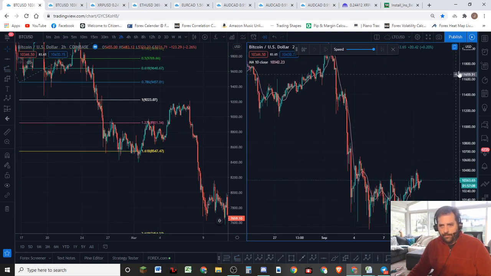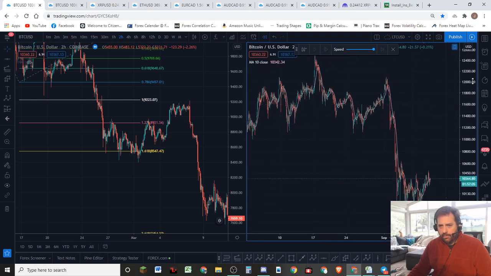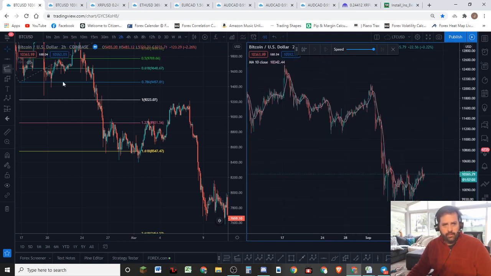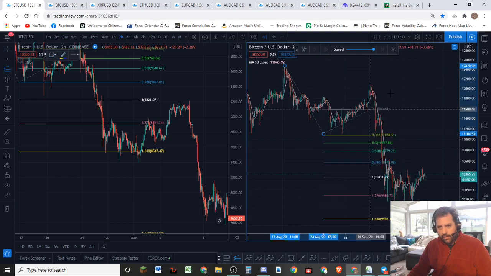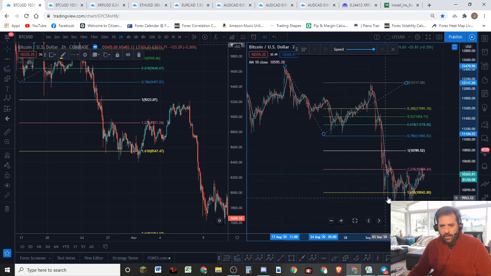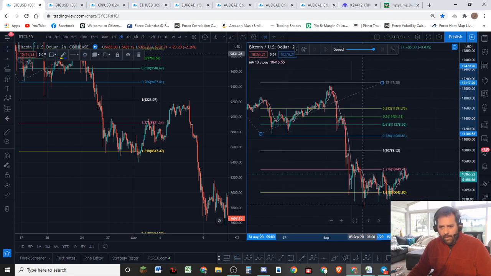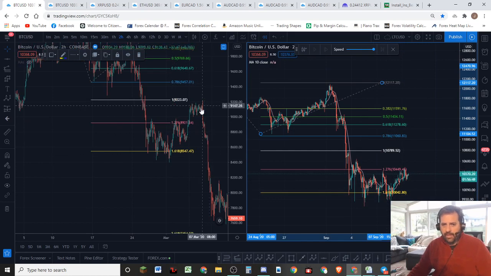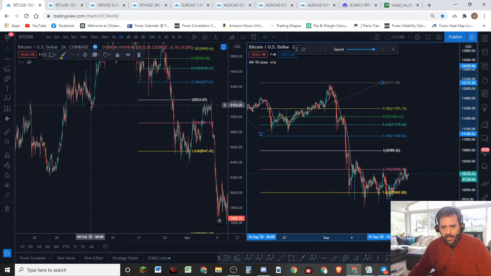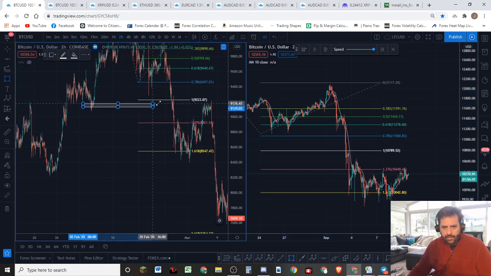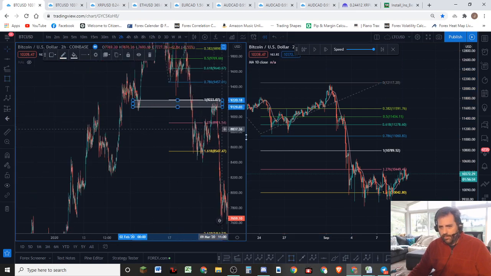Okay, now just showing you the comparison here. Okay, let me just throw the fibs on this first move. Okay, down to up to the second move. We came right to the 1618. Okay, we bounced and we bounced, then we bounced again, and we get in this corrective shape. Okay, so this one had some more upside to go. In fact, it came up to this peak right here and right here. So we had a nice zone to pay attention to, right in there, for price to come to.